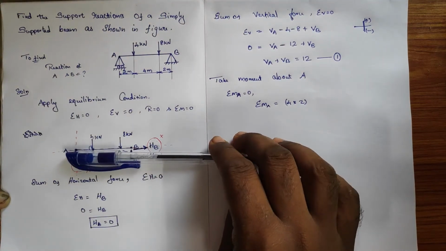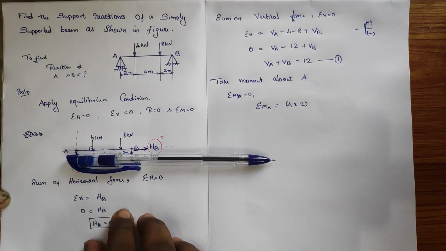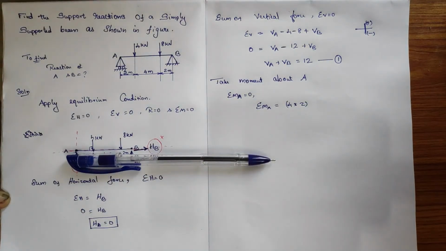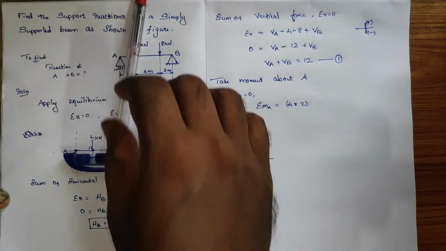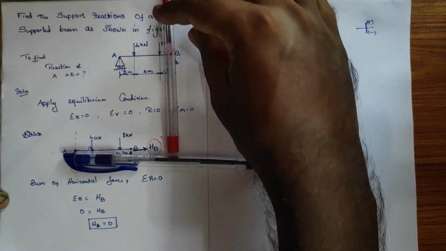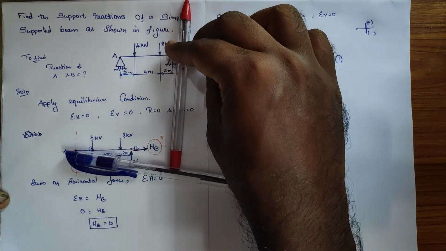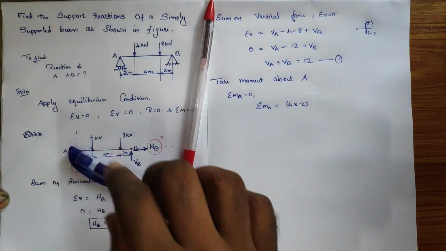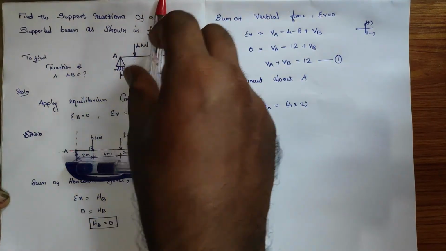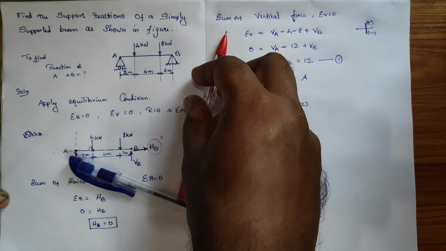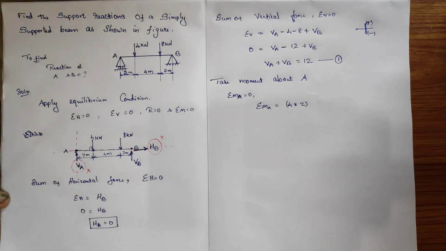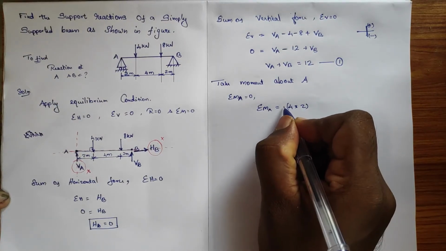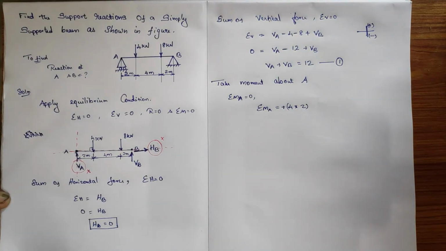The beam is something like this, am I right? This is point A. About A we need to see the force. The 4 kilonewton force is acting downwards, am I right? So when it acts downwards, what is happening? It makes the beam rotate in the clockwise direction about point A. About point A, this 4 kilonewton force is making the beam rotate clockwise. Clockwise, in the sense, our assumption should be positive, clockwise positive.